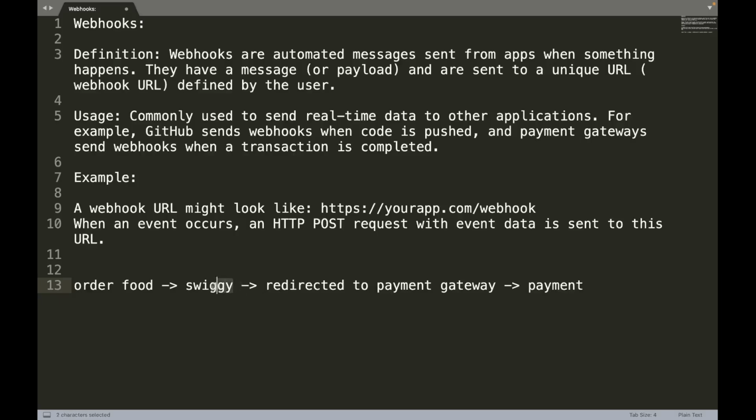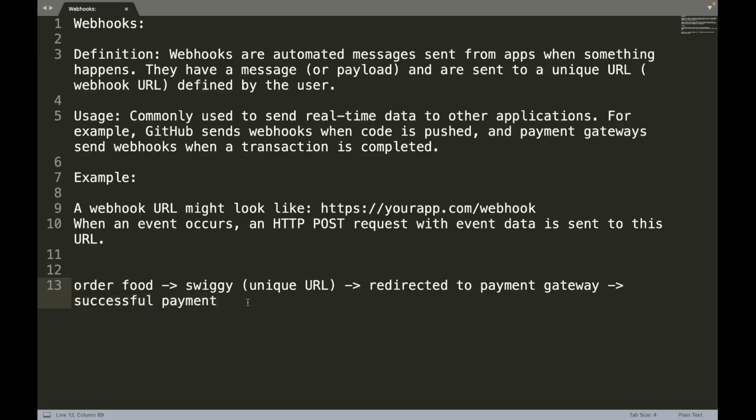When you are on Swiggy, you are on a unique URL. Then you get redirected to the payment gateway. The moment you make a successful payment, maybe an unsuccessful payment also, but for the sake of simplicity, let's say you made a successful payment.